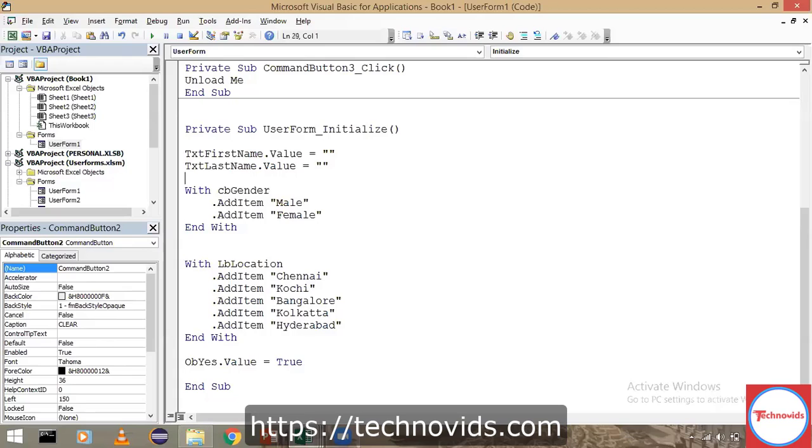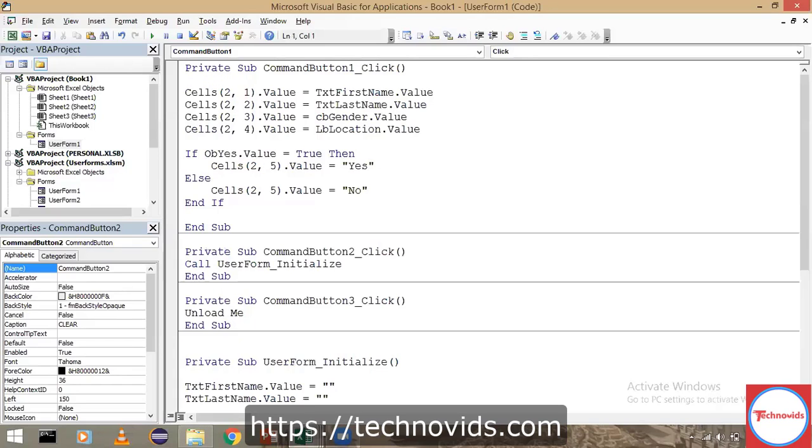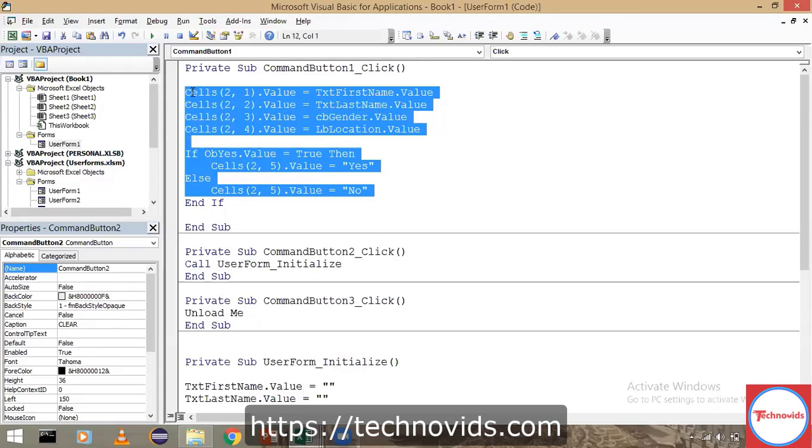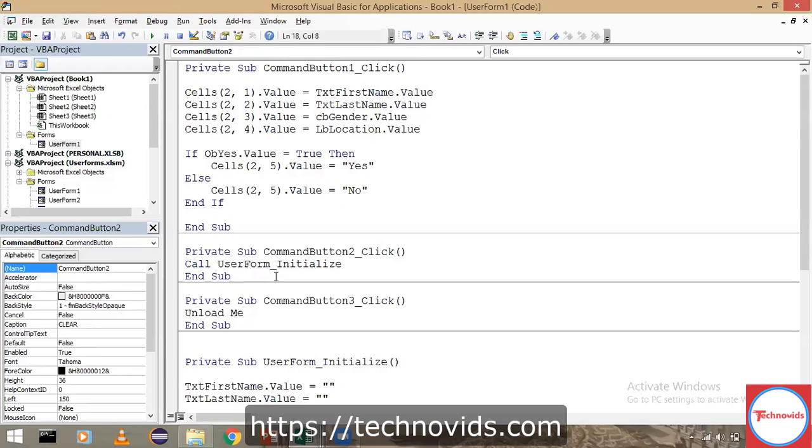Okay, so that's the entire code now. There are three parts. One is OK button, one is close button, one is clear button. When you click on OK button, all the values should go and sit inside my Excel. That's what I've written code for, to add values into the Excel. Then the initialization part: you have a button to clear.